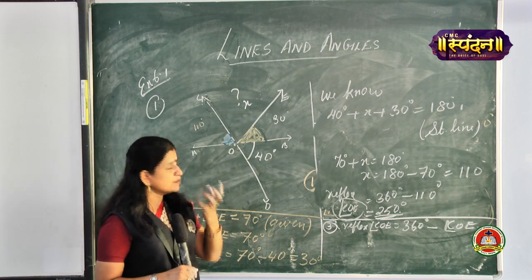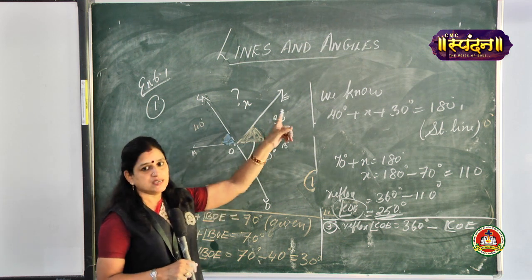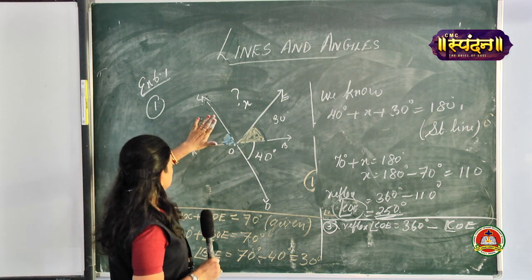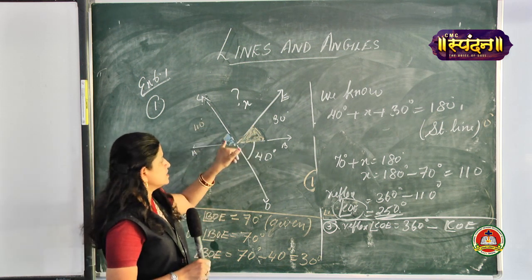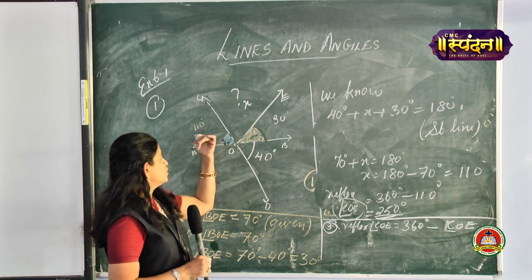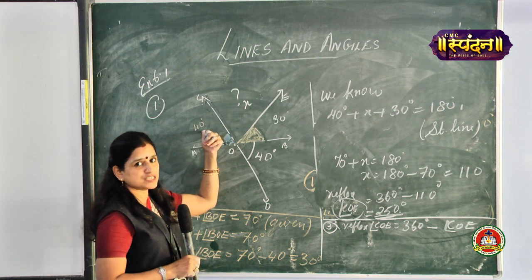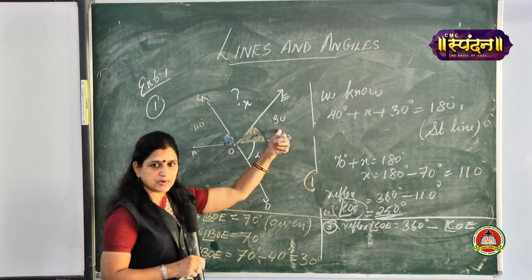Next, what is the second part we are asked to prove? I am asked to find out the angle BOE. Second part also you observe it from the question. It is given this angle, these two angles I colored also. These two angles are given to be 70 degree. So if one angle is 70 degree, the other angle will be 70 minus 40, which is equal to 30 degree. Second part is over.